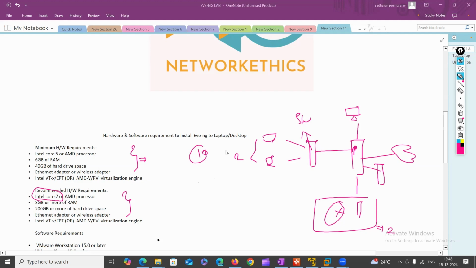So to run these 10 machines simultaneously, because all need hardware resources, because all have their own operating system, either Windows or Linux. Here you are going to use a server, and routers also we are going to use, right? And for the server we are going to use a Windows Server operating system, okay. So all have an operating system, they need hardware to run, right? So if you are running all the machines simultaneously, it needs more hardware, right? Whatever you have allocated in your VM, you need enough hardware to run these machines